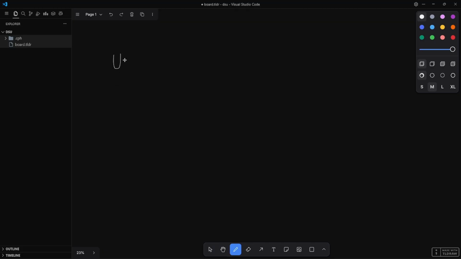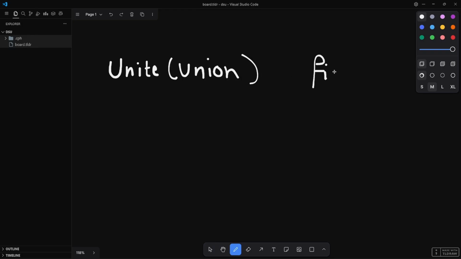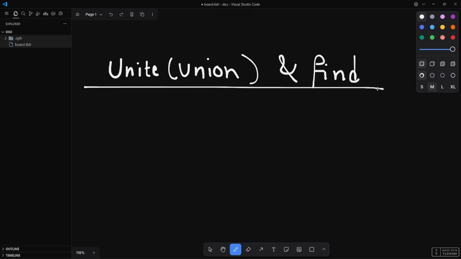There are two operations. One is unite, which is also known as union, and the other is find. So there are basically two operations: one is union, second is find. What are these operations for? As the name suggests,